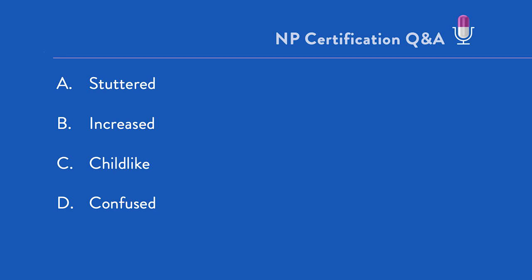So the first thing you want to consider is the character of this question. You know that your questions will break down into the typical ADPIE nursing process: assessment, diagnosis, plan, intervention, and evaluate. And this question is giving you some assessment information, and it's asking you to make an educated guess as to another assessment finding. It's asking you about what you would anticipate as the character of his speech. So this is an assessment question.